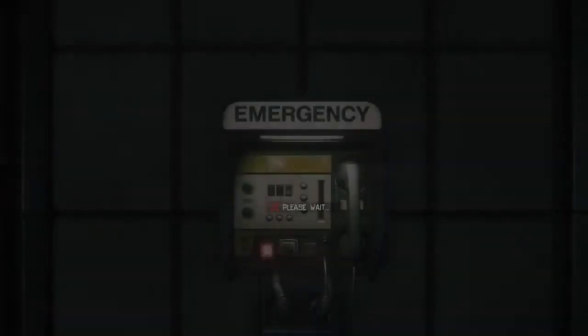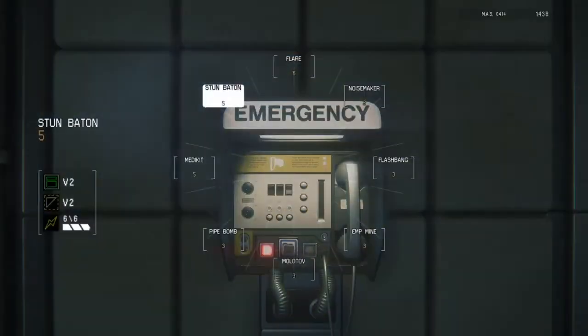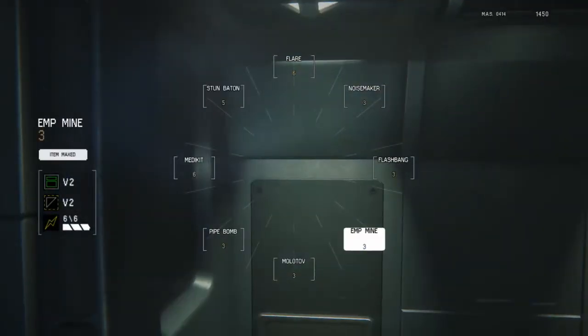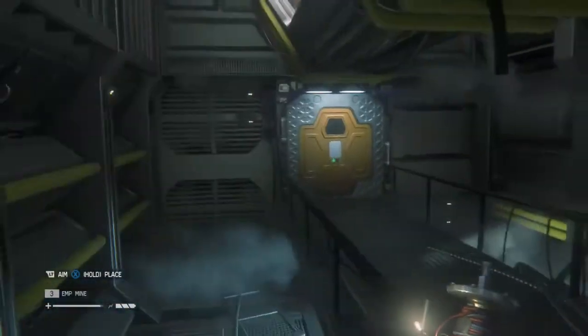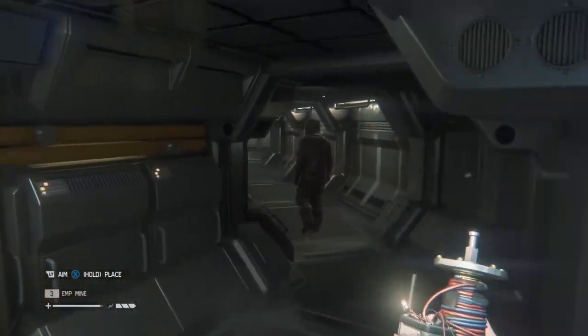I'm going to try the EMP one. Ooh, I can make a... Awesome. And we are going to do that. I'm gonna try the EMP mine and see how that does. Because I'm pretty sure the ones wearing the suits are immune to them. But at this point, we can experiment because, well...